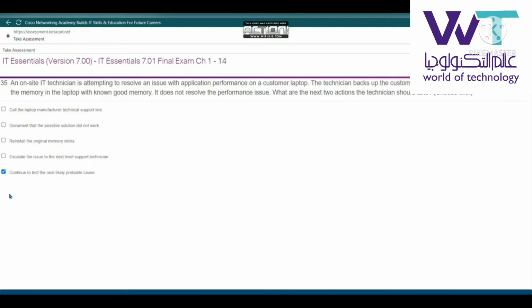رقم 35: an on-site IT technician is attempting to resolve an issue with application performance on a customer laptop. The technician backs up the customer data and then replaces the memory in the laptop with known good memory. It doesn't resolve the performance issue. What are the next 2 actions the technician should take? هتبقى continue to test the next most likely probable cause. السؤال اللي بعده